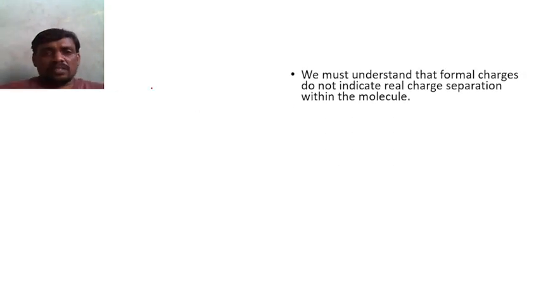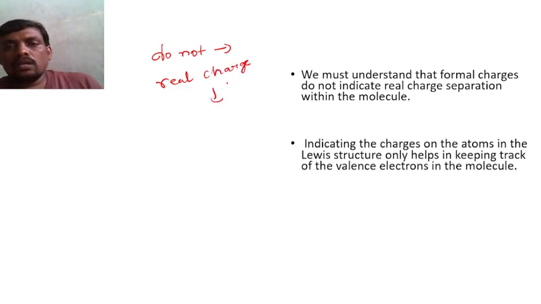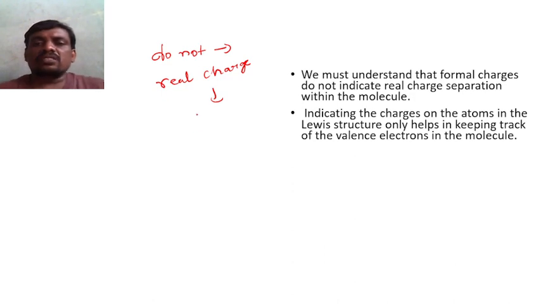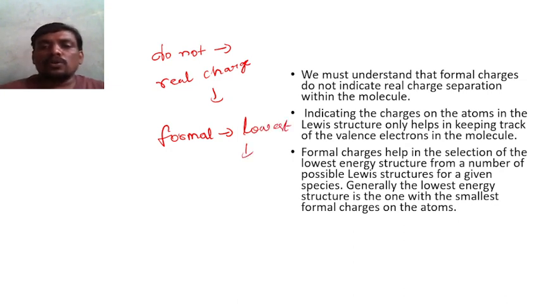We must understand that formal charges do not indicate the real charge separation within the molecule. Indicating the charges on atoms in the Lewis dot structure only helps in keeping track of the valence electrons in the molecule. Now, formal charges help in selection of the lowest energy structure from a number of possible Lewis dot structures for a given species. Generally, the